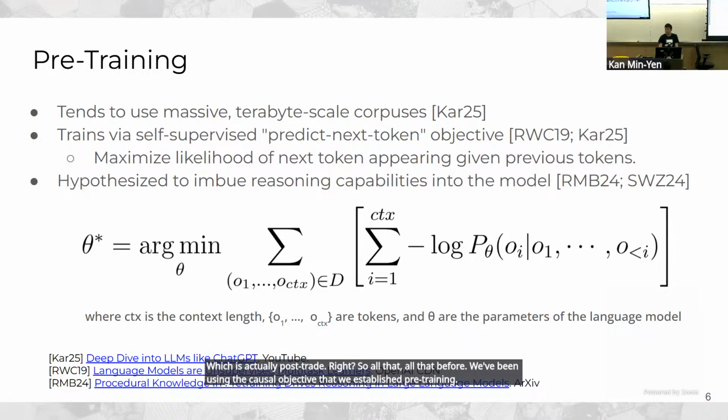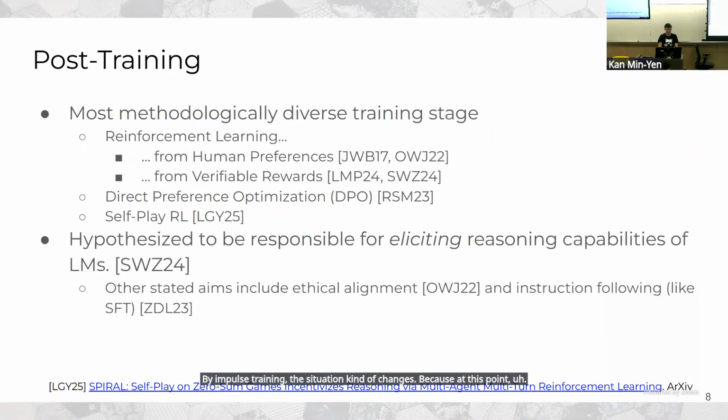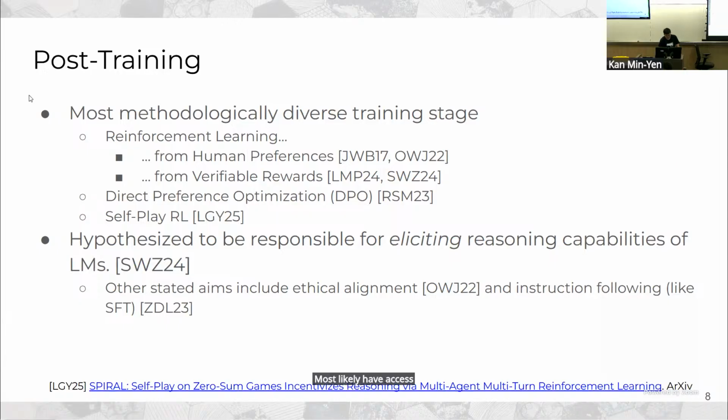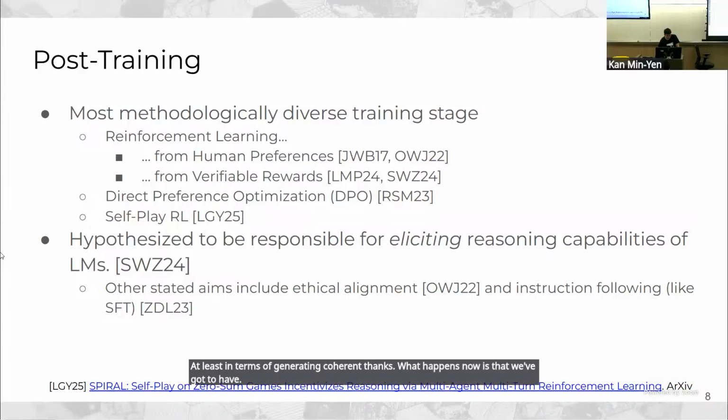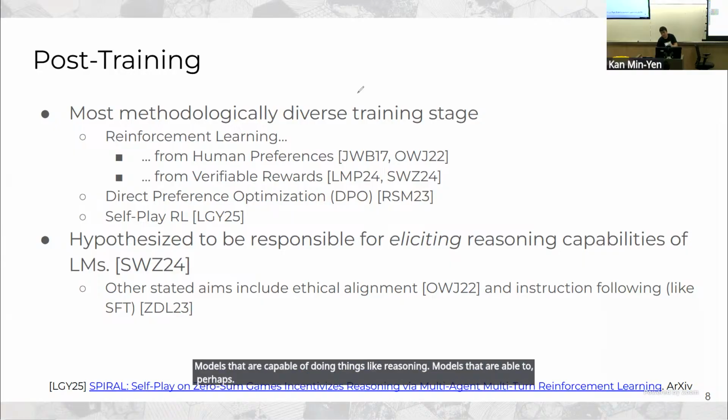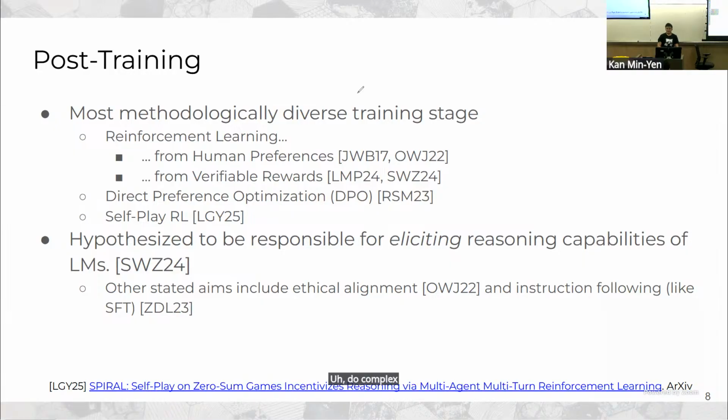But in post-training, the situation kind of changes, because at this point, the people who have considered the post-training problem most likely have access to very, very performant models already, at least in terms of generating coherent text. What happens now is that we've got to have models that are capable of doing things like reasoning, models that are able to perhaps do complex tasks like playing